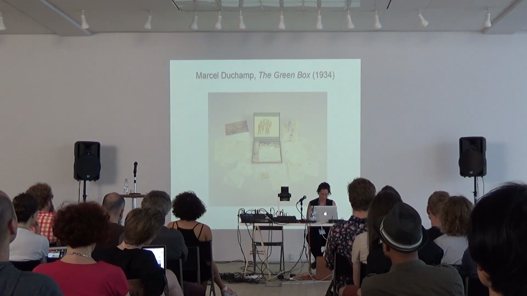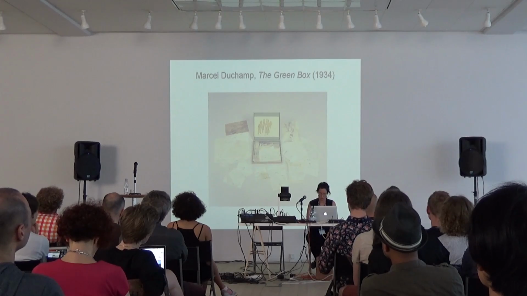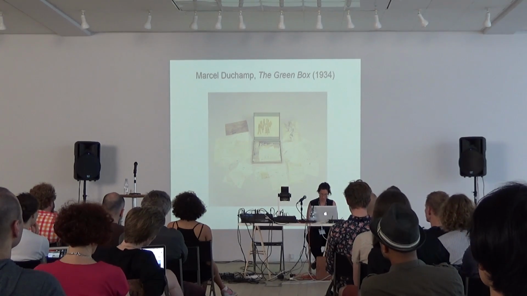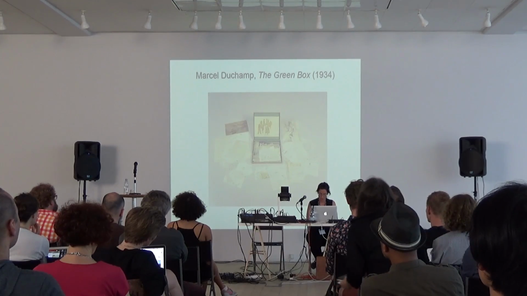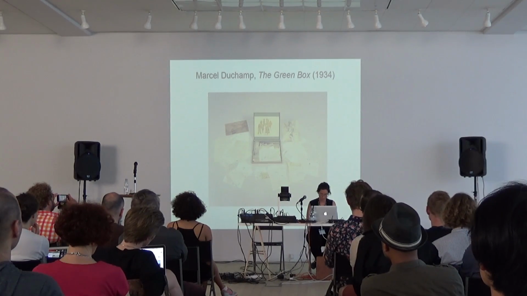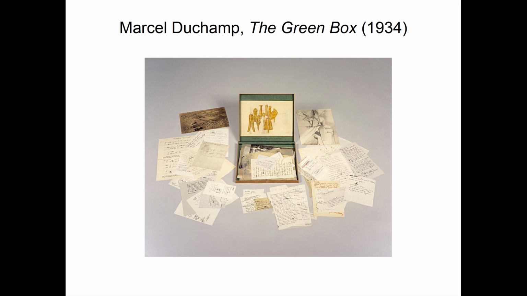Erratum Musical is the first of only three musical compositions that Duchamp composed. All three sound works are included in the Green Box, which Duchamp published in 1934 and considered part of his notes for The Bride Stripped Bare by Her Bachelors, Even, from 1915 to 1923, also known as the Large Glass.